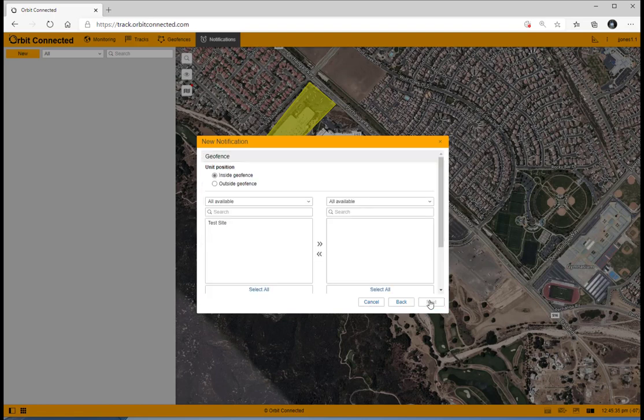Do you want to be notified when the unit enters the geofence, exits a geofence, or both? If you choose both, you will be required to set up two notifications, one for entering or going inside and one for exiting or going outside the geofence. For now, we will choose entering a geofence. Once you decide on the unit position, you choose the geofence you want to activate and move it to the